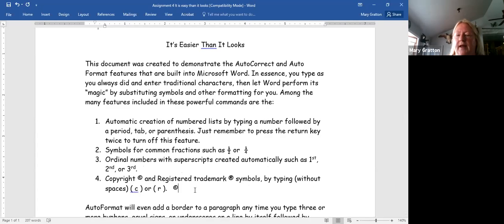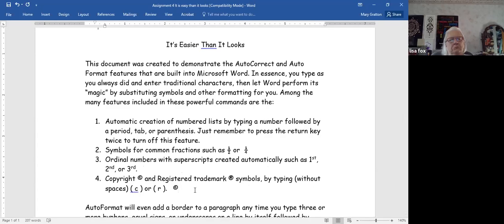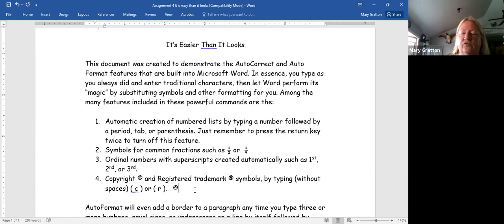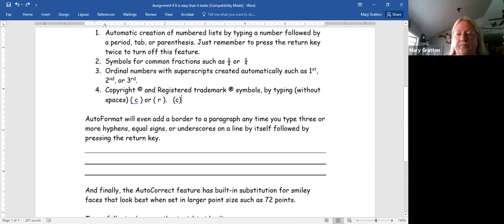it does it automatically. You use the parentheses, C, and then the right side of the parentheses, then do a space. You automatically get your copyright sign. Same with trademark, registered trademark. A lot of times people don't know this too. Right here,